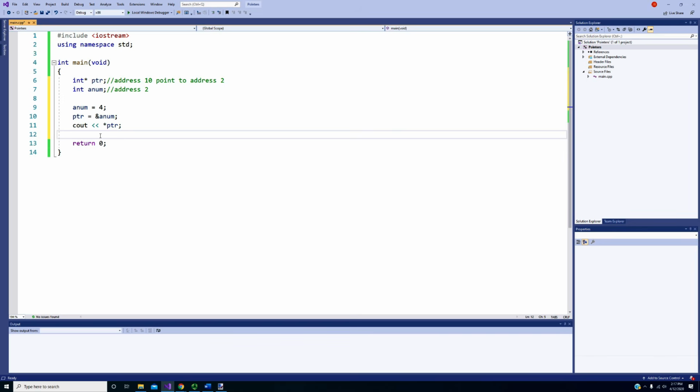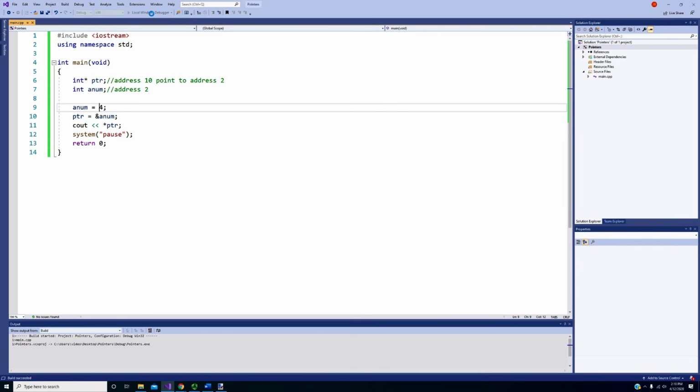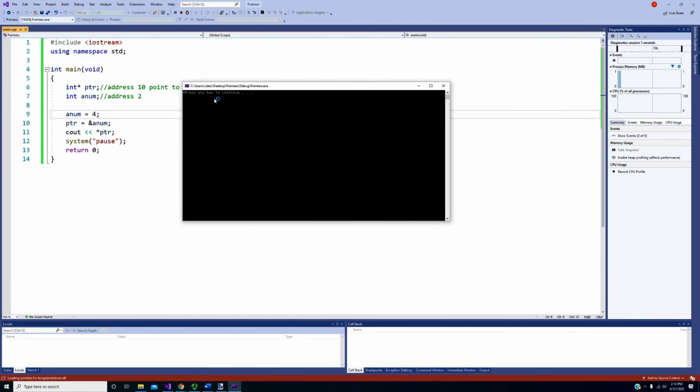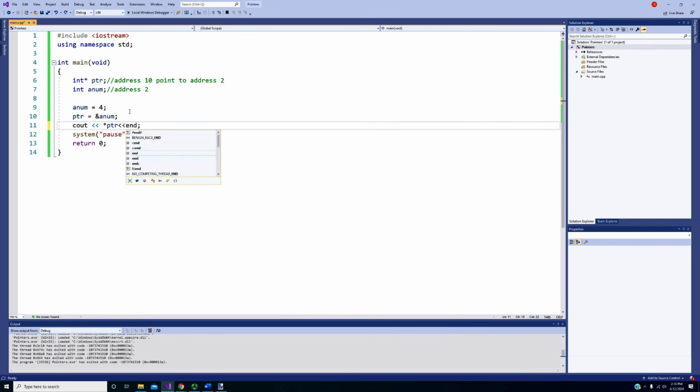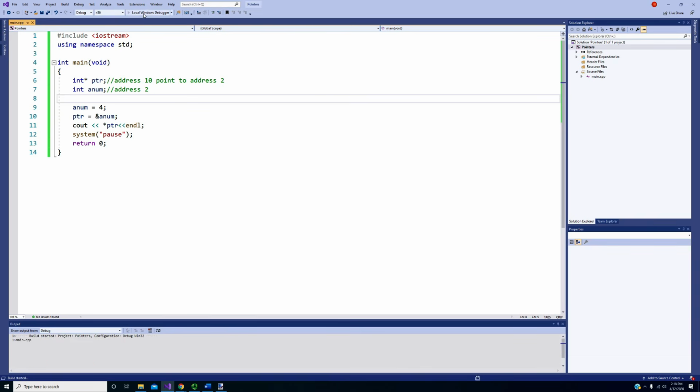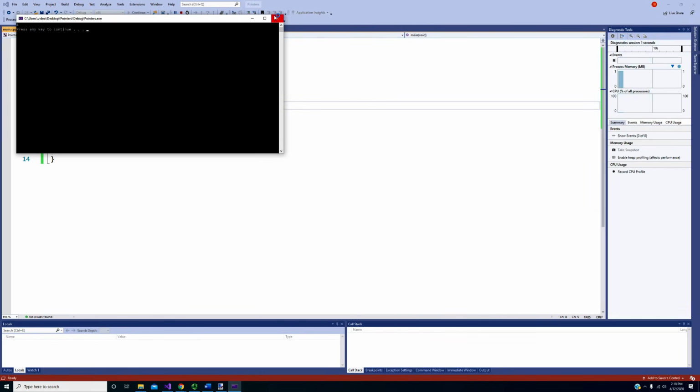Now, since I'm using Windows here, I'm going to put a simple little system pause in here. If you're using Linux or Mac or something, you probably wouldn't need that. So we're just going to output here, and we're going to verify that this dereferences the pointer and outputs 4. Okay, now there's our 4 output. I'm going to put an inline in there just to make it a little bit better. Output. Oh, wrong place. Control Z is your friend. Okay. There we go. So we have our 4 output,